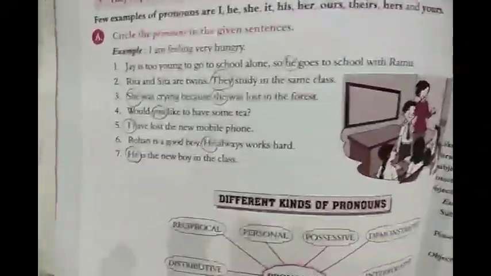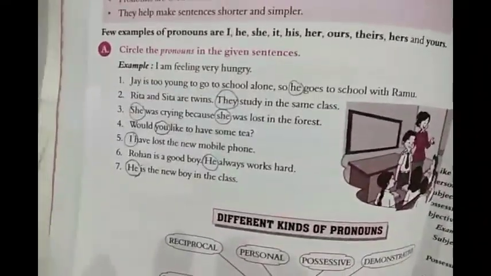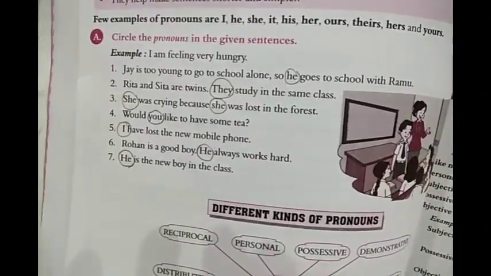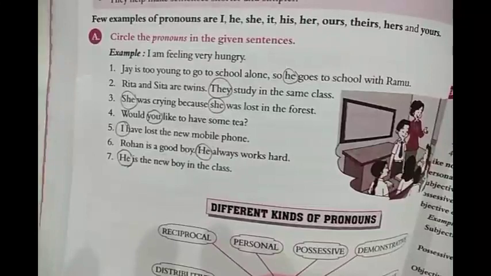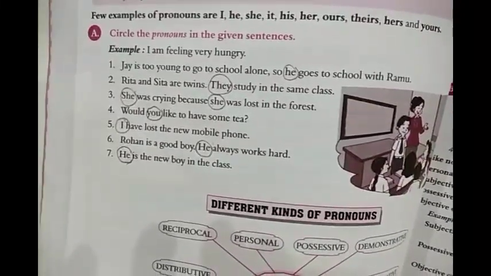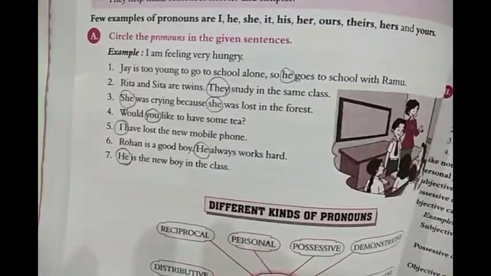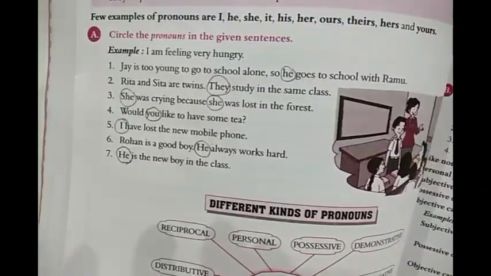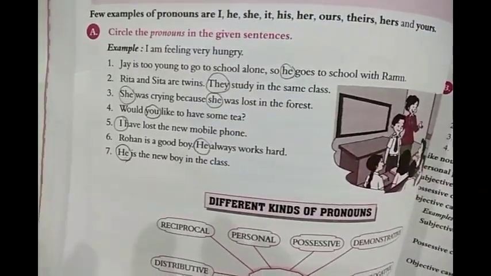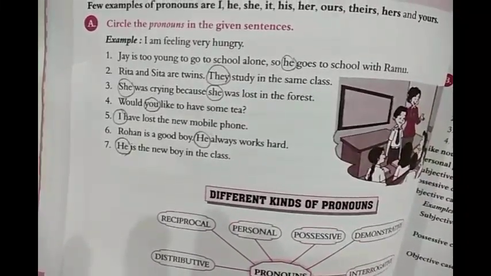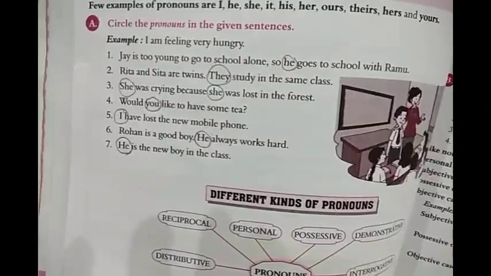Now here in your book, exercise A, the first exercise: circle the pronouns in the given sentences. You can see this, I have done this for you. You can also mark it in your book. Take number 1, Jay is too young to go to school alone, so he goes to school with Ramu. So in this sentence, the pronoun will be he. Similarly, you can go through all the numbers you can see and mark. Okay, the next part of this